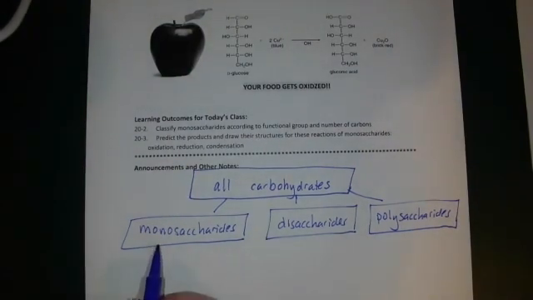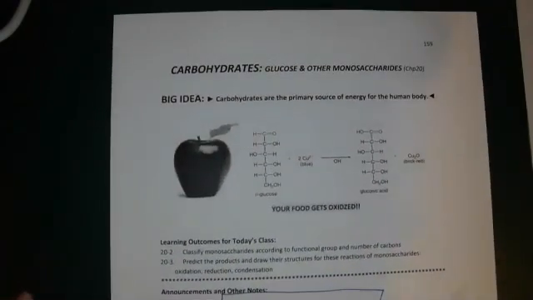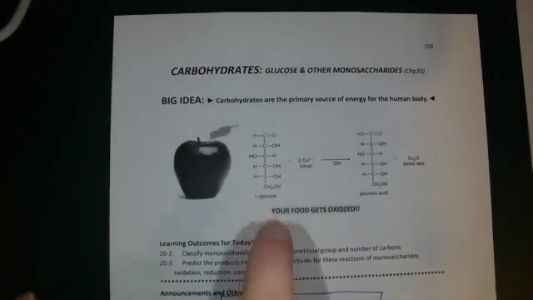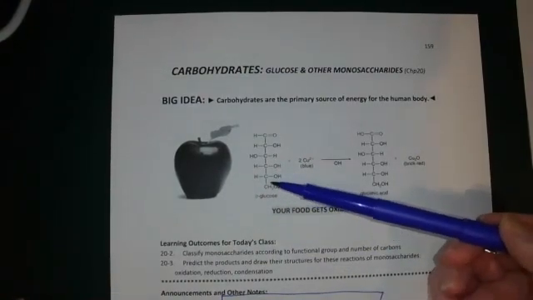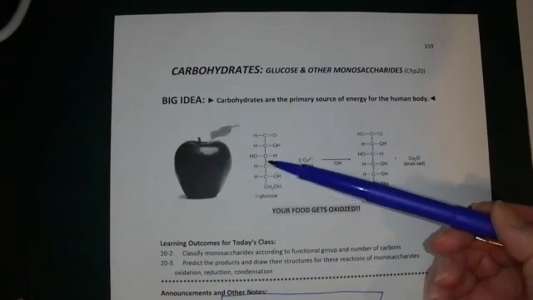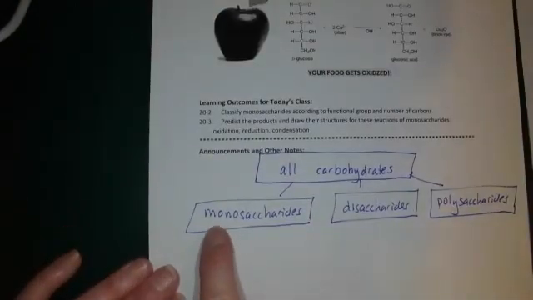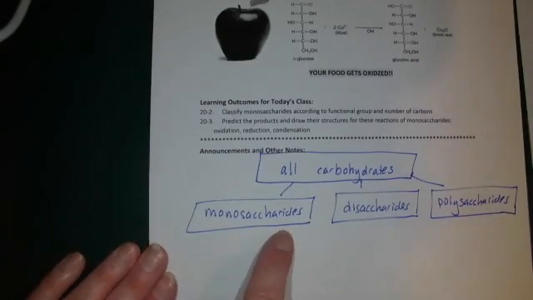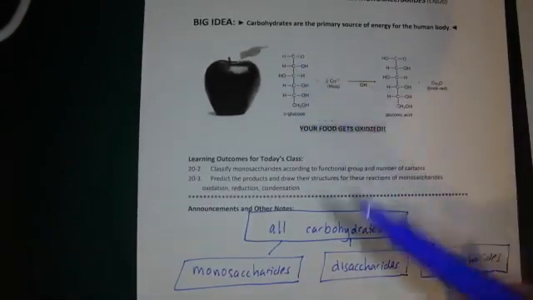So what is a monosaccharide? Glucose is an example of a monosaccharide. If you look at the structure here of glucose, first thing you notice, at least I hope, is that there's 6 carbons. 1, 2, 3, 4, 5, 6. So the prefix mono for monosaccharides is not talking about how many carbons there are, because glucose is a monosaccharide and glucose has 6 carbons.